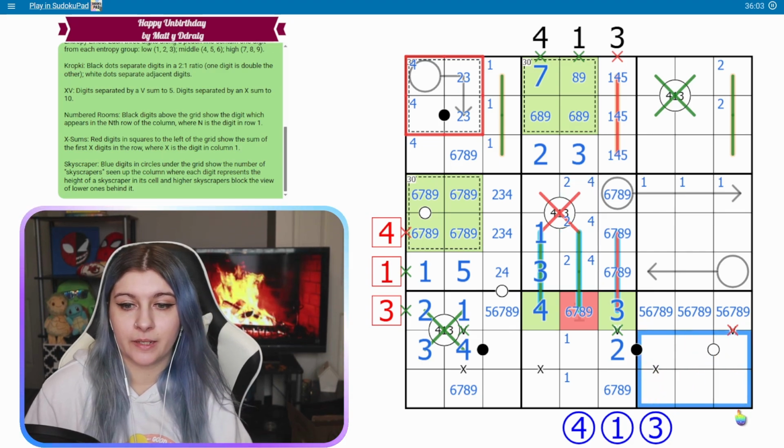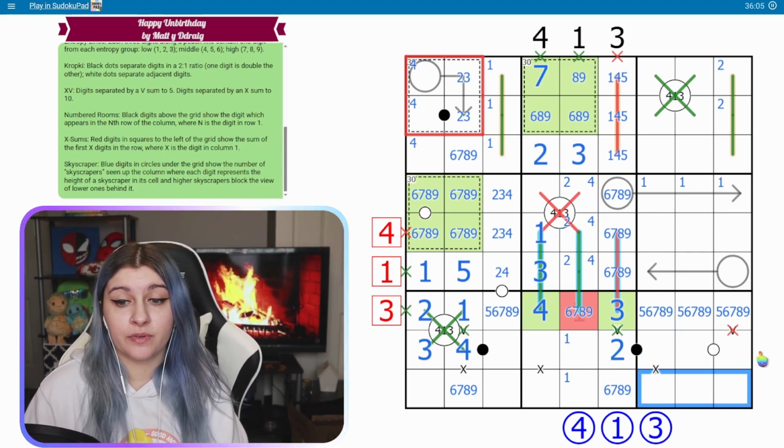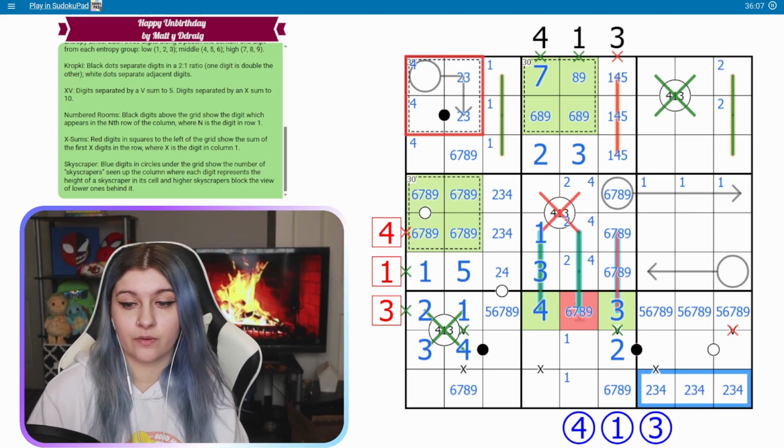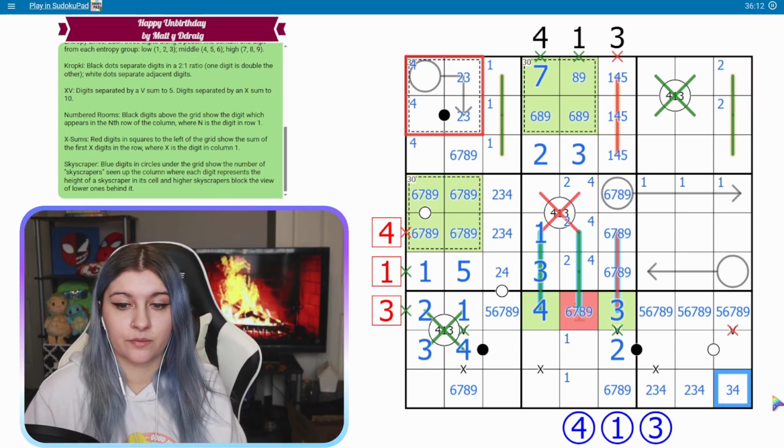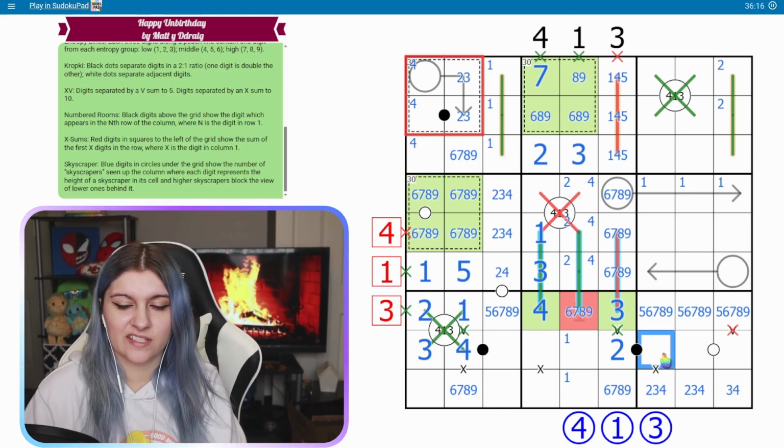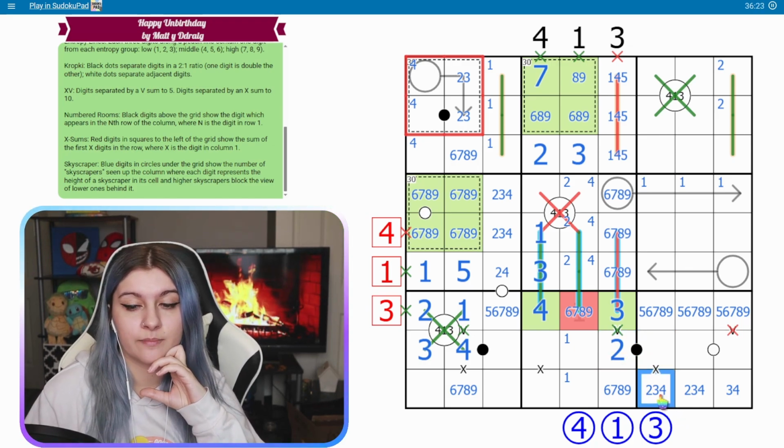Down here, maybe. Okay, 2, 3, 4 goes down here. This is a 2, 3, 4. Nice. This is a 2, so this is not a 2. This is a 3, 4. What do I do with this now? If this is an X, this would be like a 2, 8, which would, I can't have both of these true at the same time because this is a low digit. And